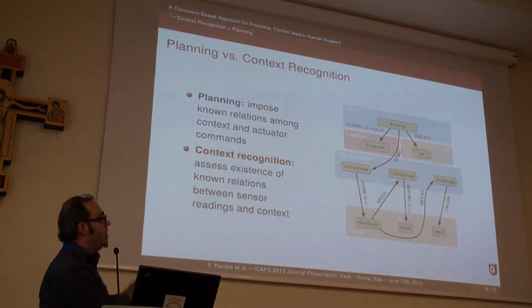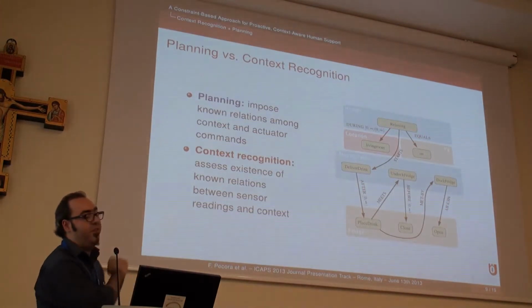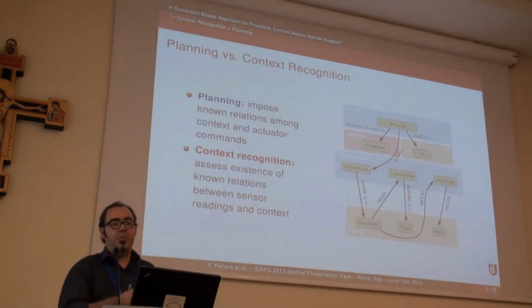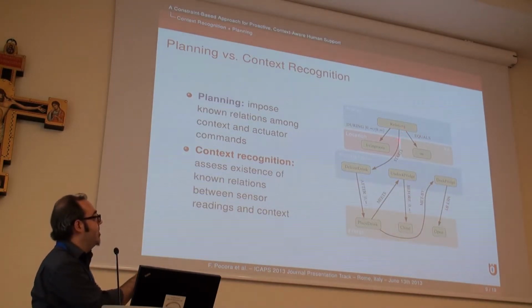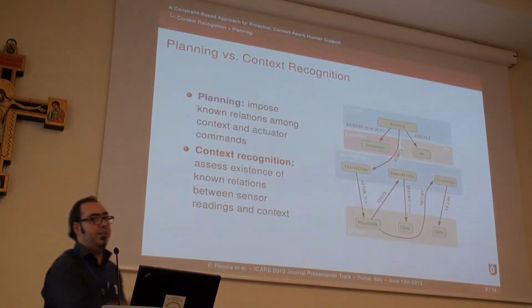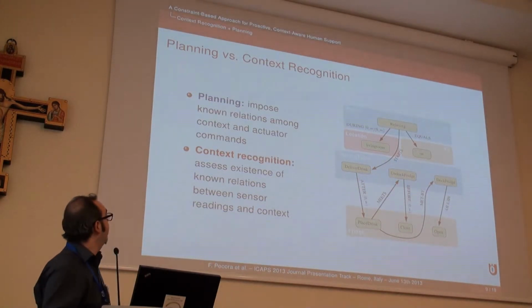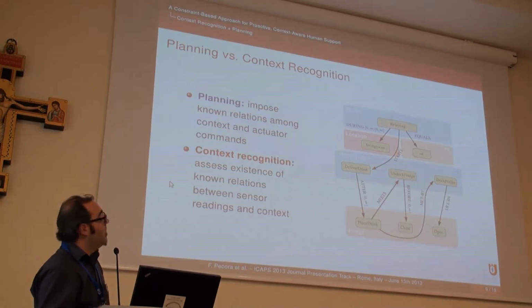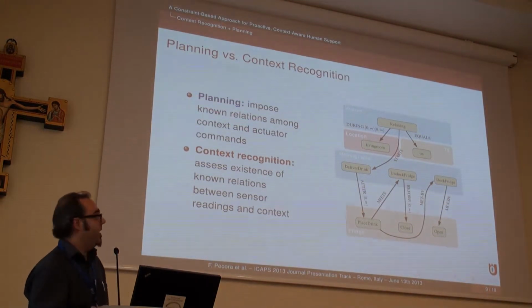And maybe it can see when you turn on the TV, and if these temporal constraints hold, then you can infer, or an abductive reasoning process might infer, that you are relaxing. And maybe relaxing is what is modeled as being the reason for delivering a drink, and so on and so forth. So, very simple example, but to give you the gist of things. So, this is the nut of the integration. This is how we integrate planning and context recognition in a nutshell.